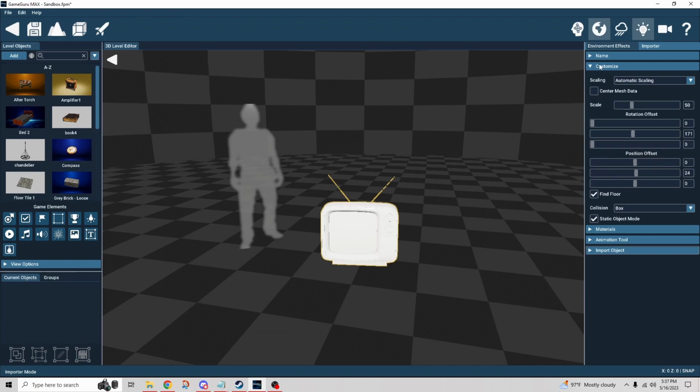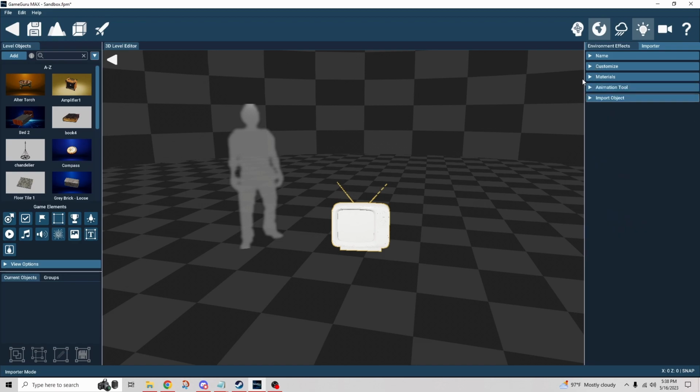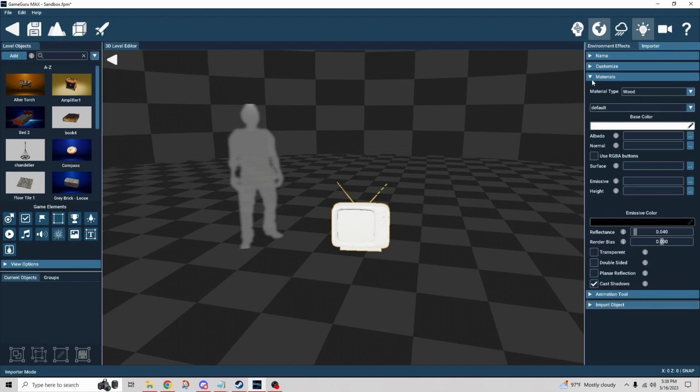So it's not too bad. It's still kind of big for a retro TV. I mean, this is really just personal preference, so you do what you think is best. 40 to me looks pretty decent, so I'm going to go with that. Box is obvious for the collision type. Static model is fine. You can change it to a dynamic model, but you want that as an option. And then obviously the wood type, it picked it right, wood for the material. So we're going to start working on the